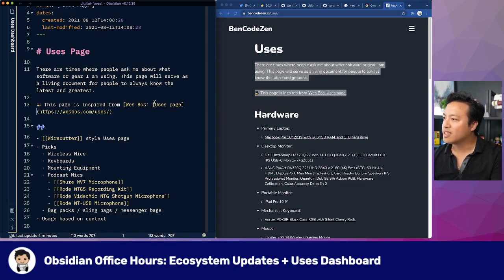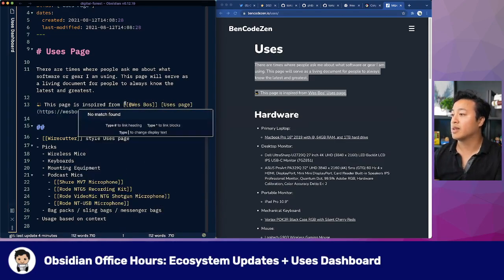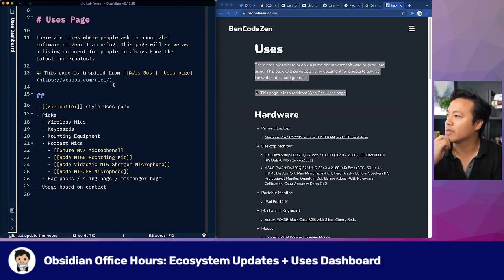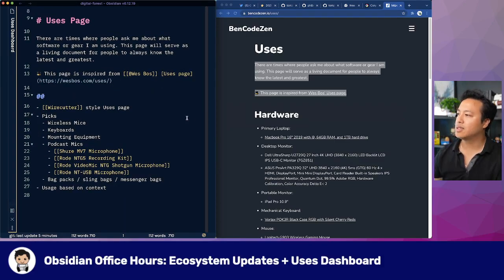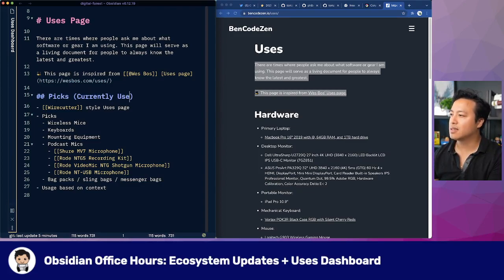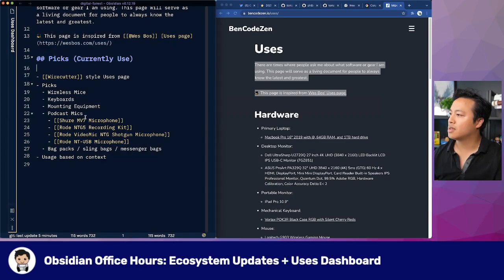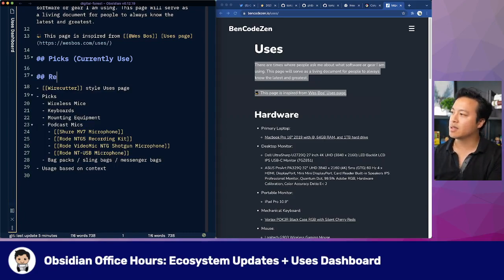And then what I want to do is link to Wes Bos, because he is the original inspiration for me. So I don't have a note for Wes Bos yet. There you go. He's the one who should really take credit for this. And then, okay, now here's the thing I want to do. I have picks, which to me means currently using, because if it's a pick, it's actually in use. And so we have a bunch of different categories I could do. But then here's the thing. I could almost do a review, like